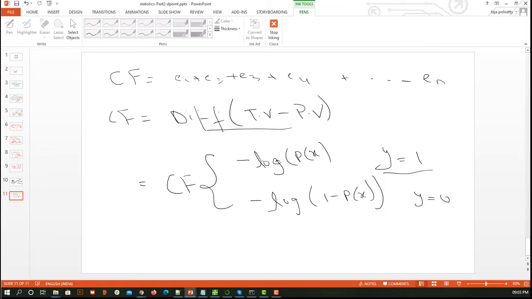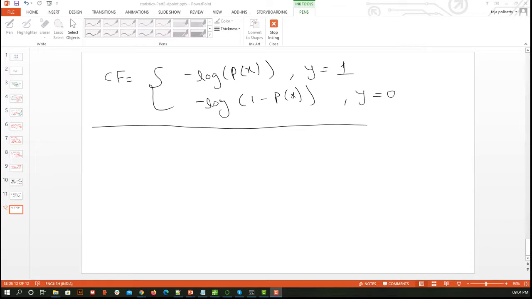So what happens when y is equal to 1? I have written it again so as to take an example and you can get it clearly. First, suppose we have predicted y is equal to 1. In y equal to 1 we have two cases: we have correctly predicted, or we have wrongly or negatively predicted. If we have correctly predicted, then p of x, the actual value, is also 1. For y equal to 1 our cost function will be minus log of p of x. This is the one we are going to use whenever we are predicting y equal to 1.